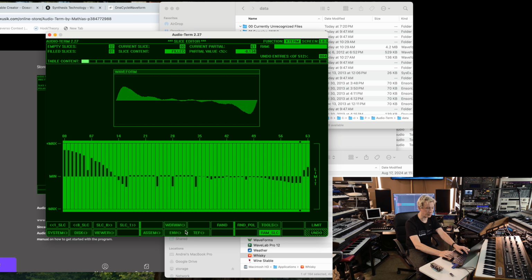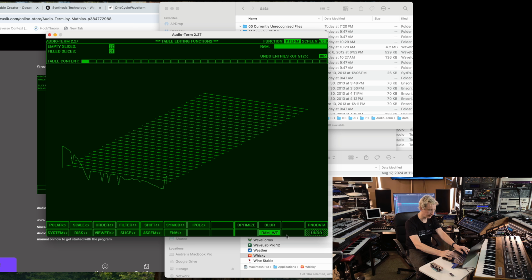So now we have an option. We can technically export this as a single cycle waveform, and do the same trick as I did with the previous web-based tool, or we can populate all the slots here. So that's what you see here. These are slots, similar to how WaveEdit does it. And to do that, if I'm not mistaken,